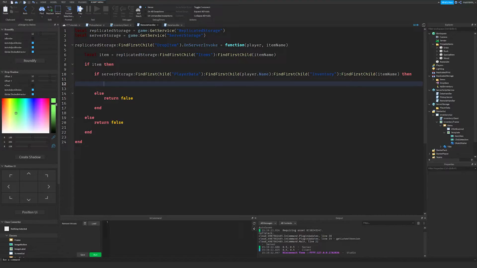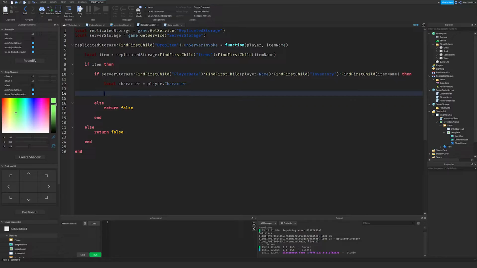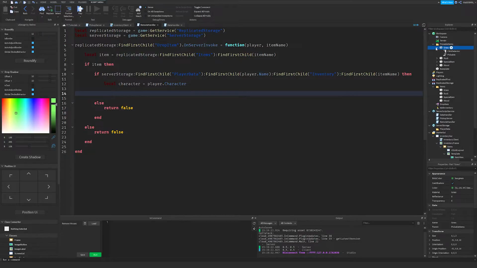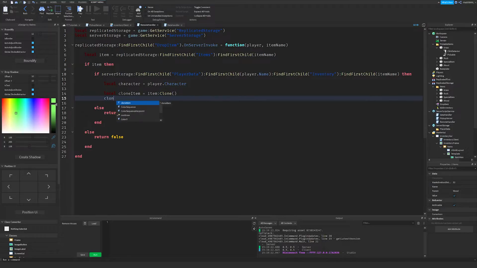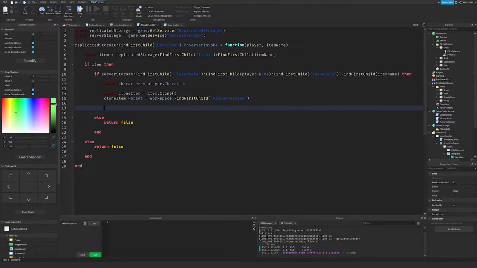And we're gonna do local character equals player character, and then we're gonna do local clone item. Actually, we could just put these in everything, because we aren't gonna use them anyway. And we're gonna do local clone item equals item clone, and clone item dot parent equals workspace find first child pickable items, and clone item